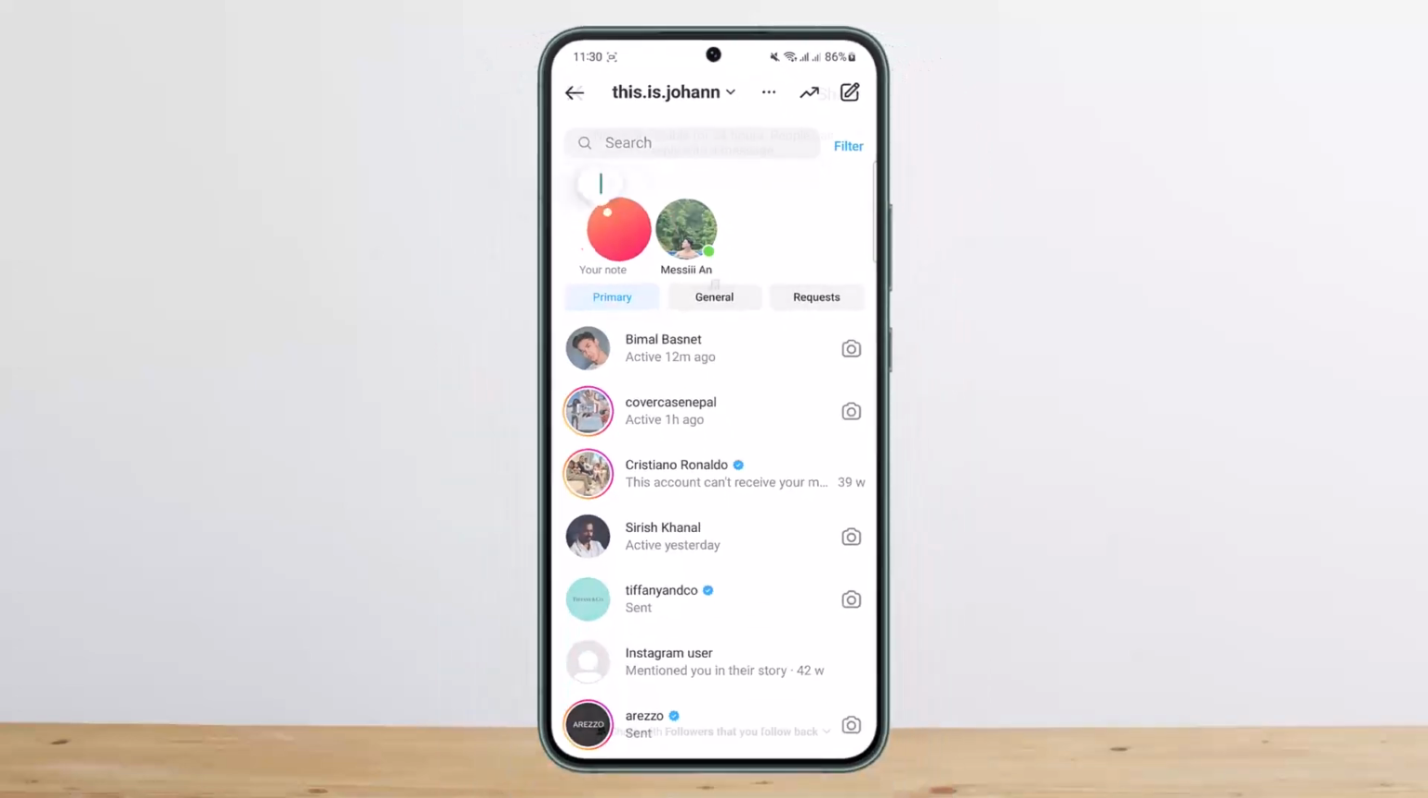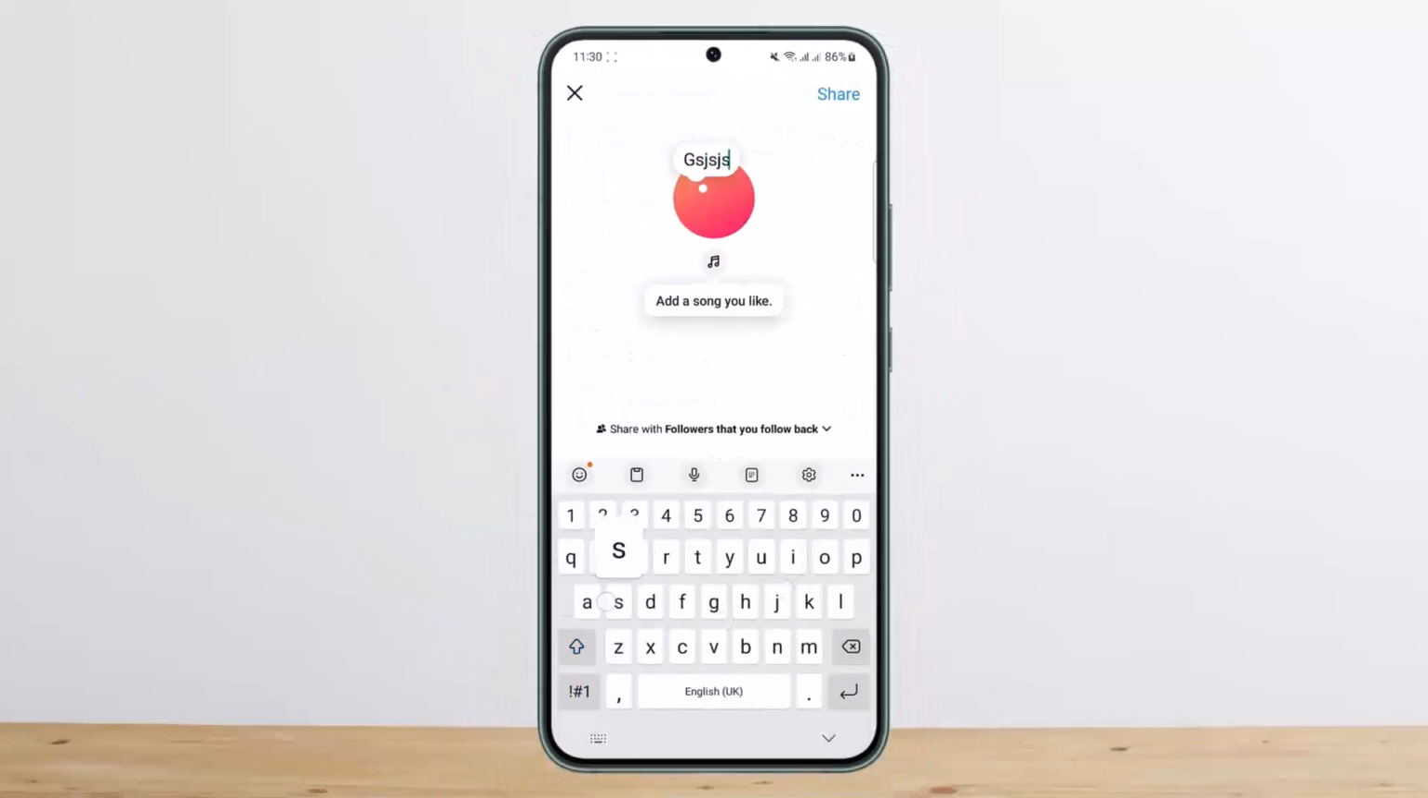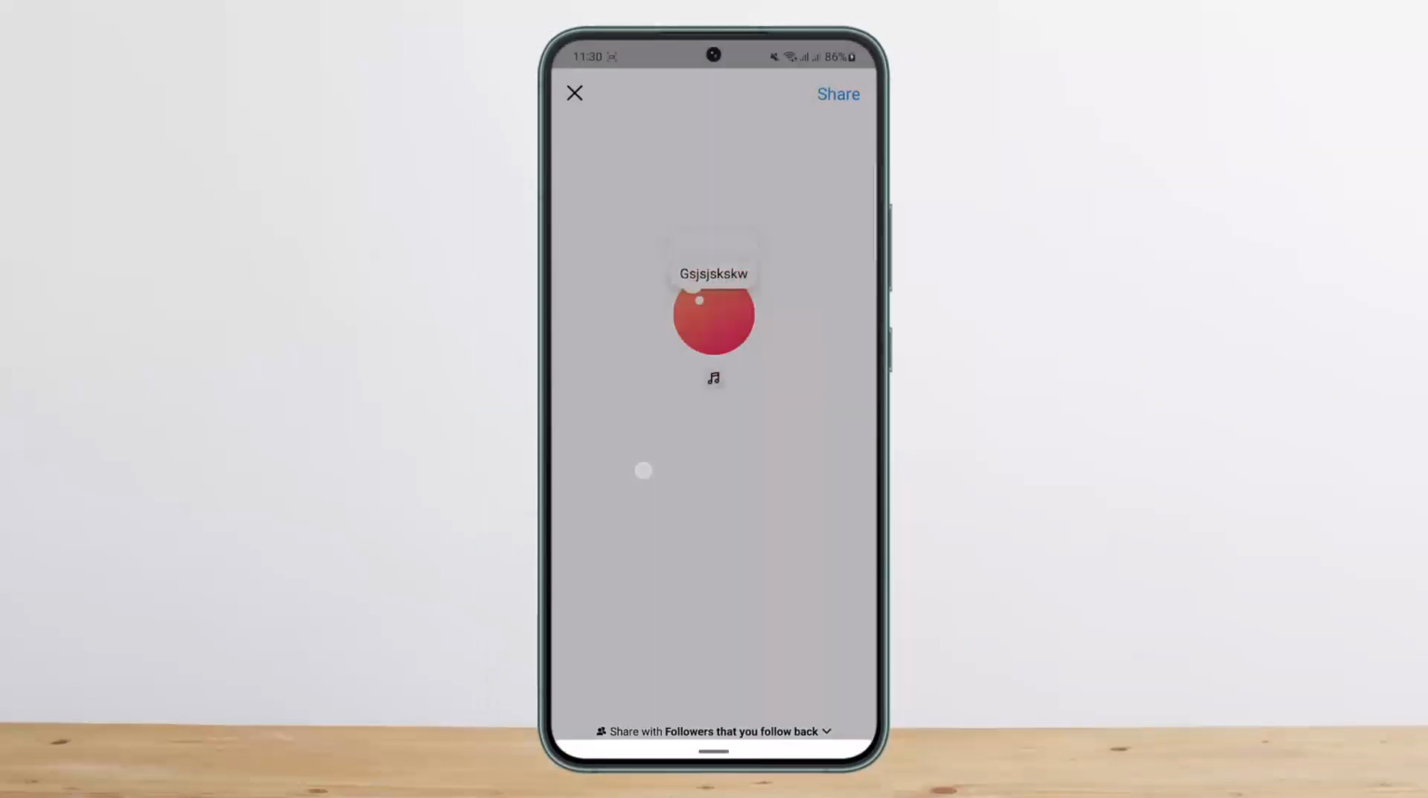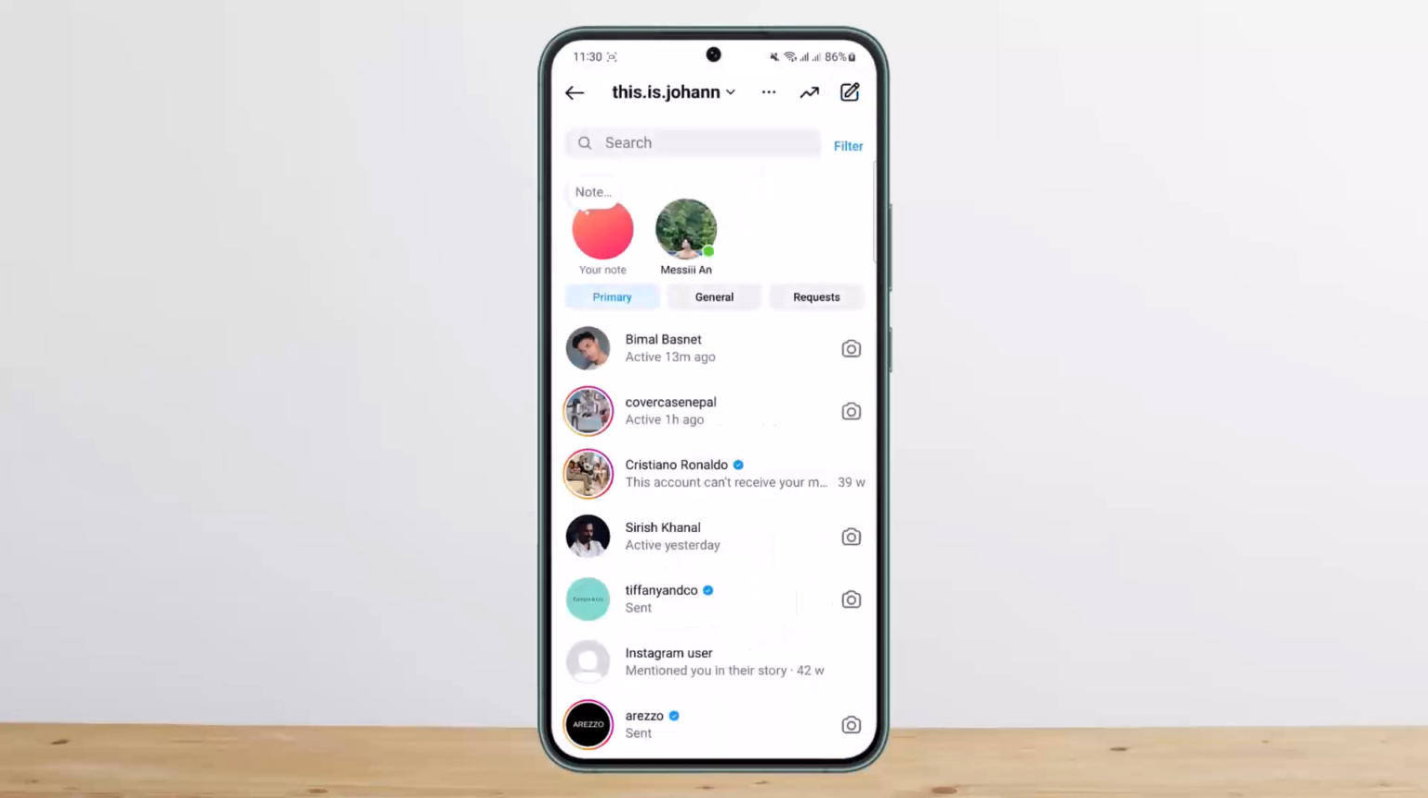So you want to tap on the note option and you can type in what you want to type, and then you can see share with followers: share your note with followers that follow you back or only close friends. You can choose close friends list and simply tap on share and it'll show up there. So this way you can share notes on